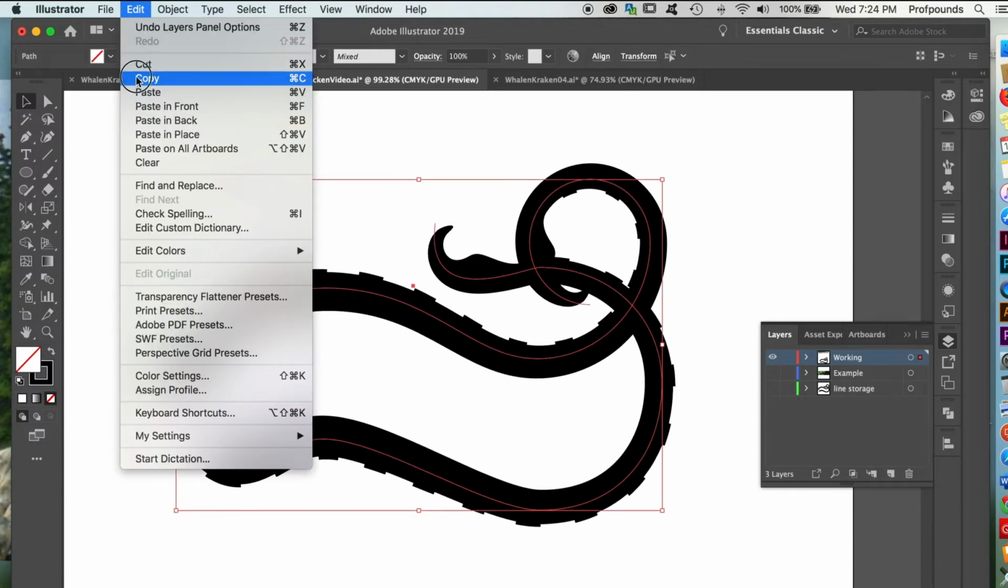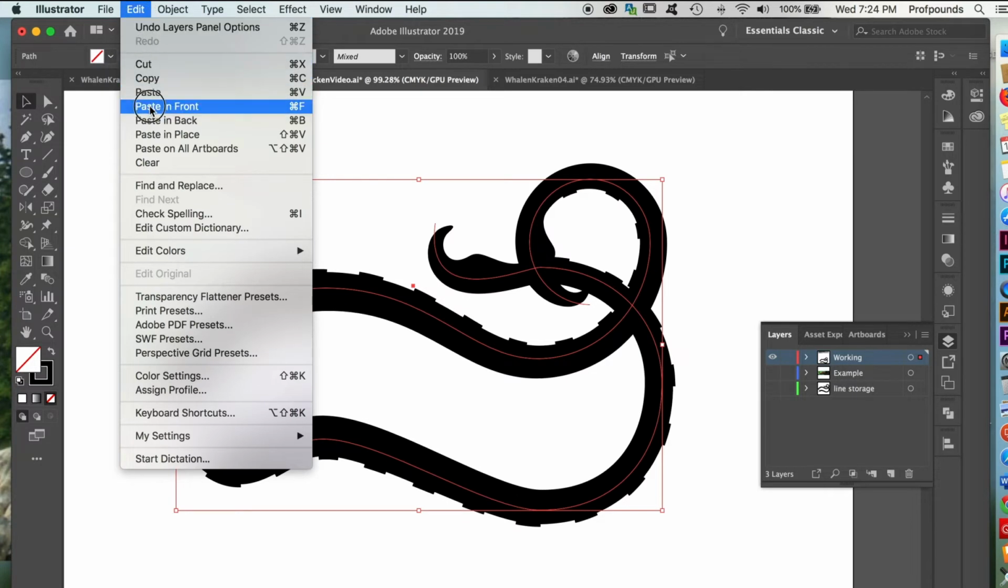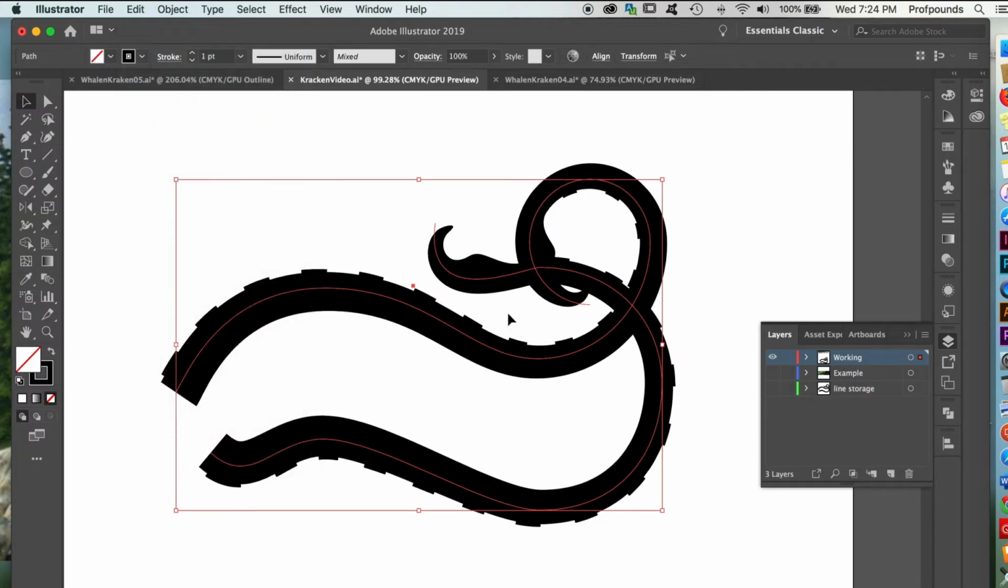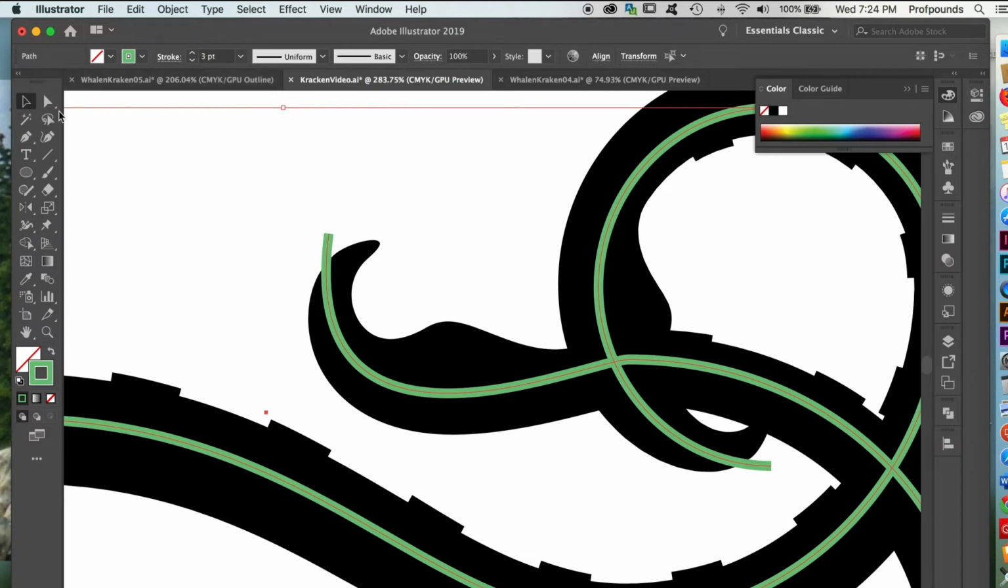I'm going to do the same copy paste in front that I did before, but this time I'm going to leave both sets of lines on the same layer. If I take the brush stroke off the top set of lines and give them a color, you can better see what's happening. The plain lines at the ends of the tentacles are not quite curving correctly, so I'm going